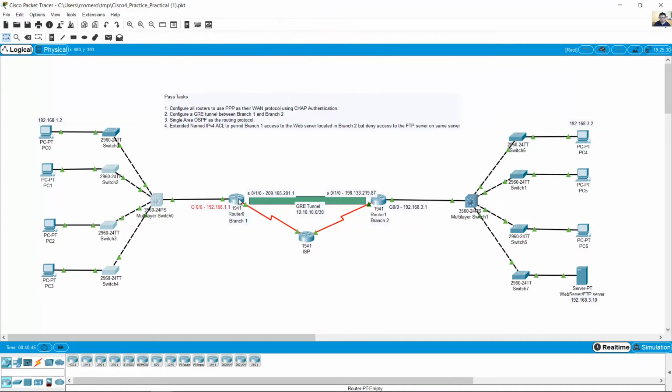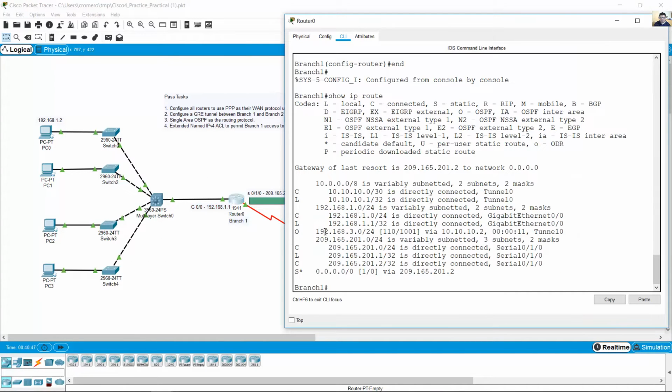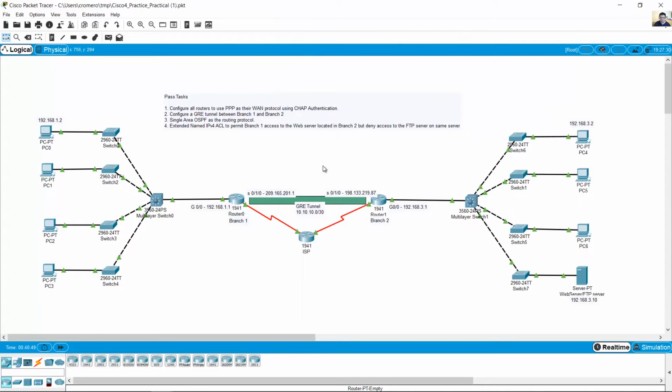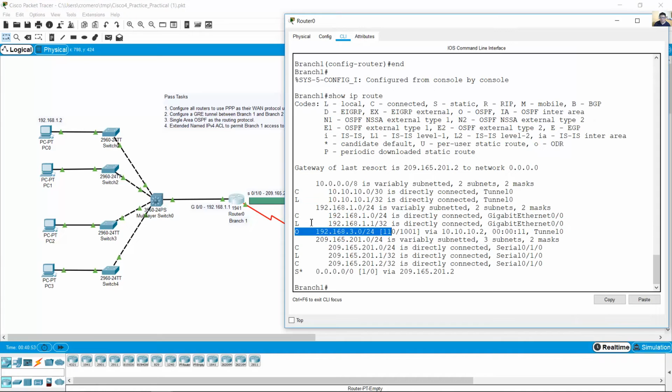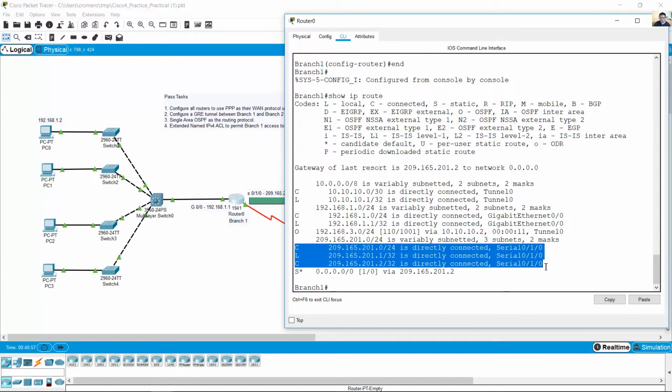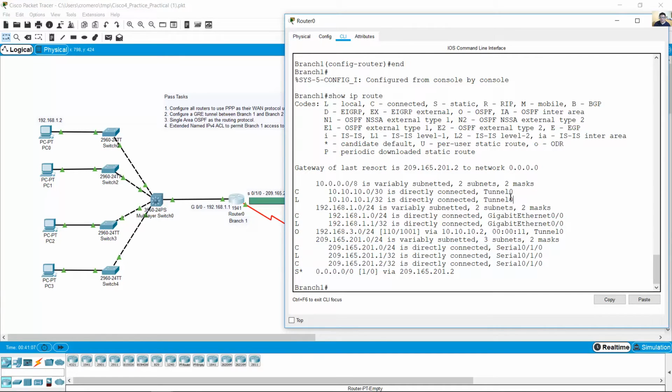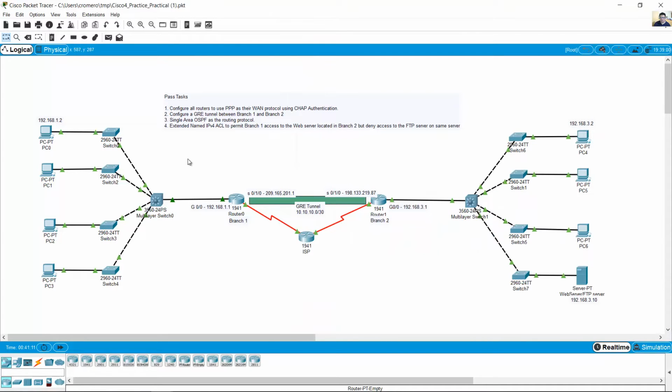This network, this is the remote network on branch 2, the LAN on branch 2. And the directly connected networks for serial interfaces. Okay,